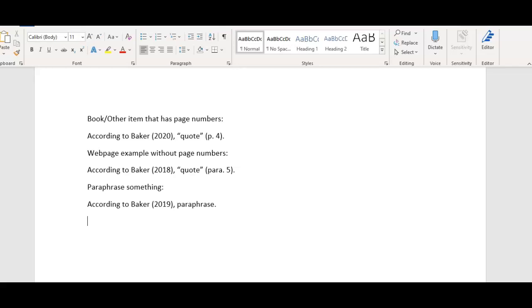So what this tells you here is that you need the last name and the date, right? You don't need these. And it doesn't matter whether this is quoting from a book or a web page or whatever it is. So what do you do if you don't mention the author's name inside the text when you're actually communicating with your reader? Well, that's a totally different thing. If we're not mentioning Baker and we're talking about something important that we quoted, but we didn't mention her name,